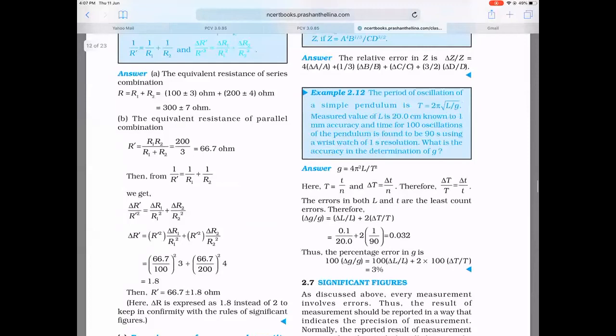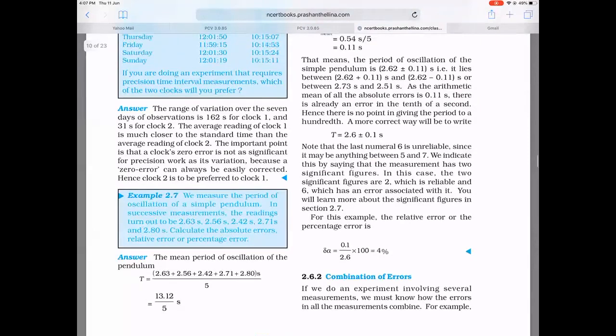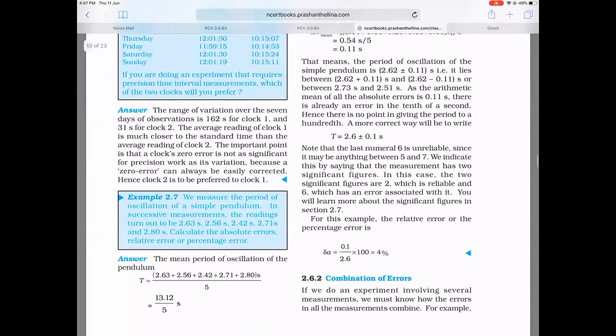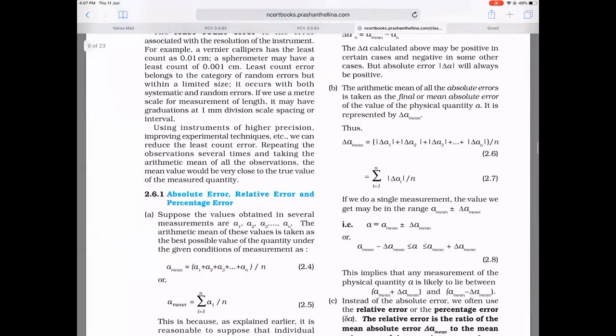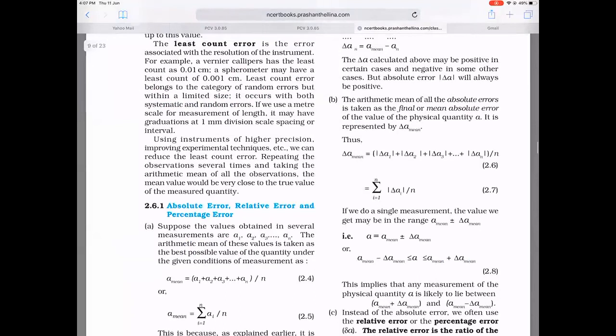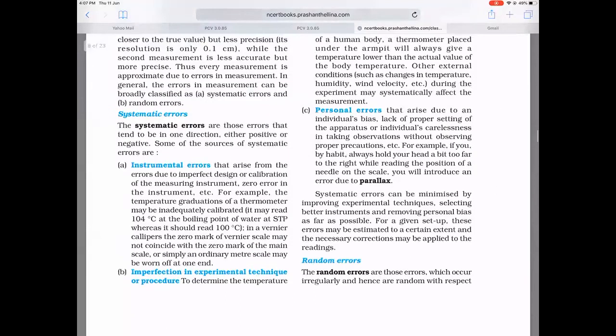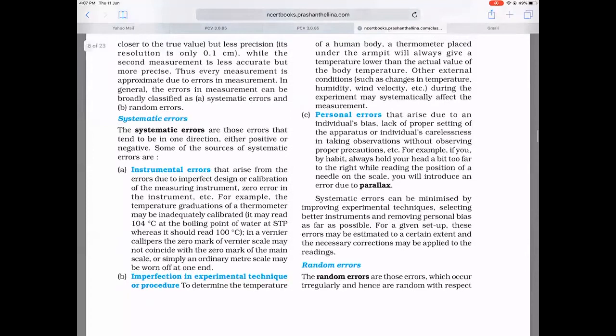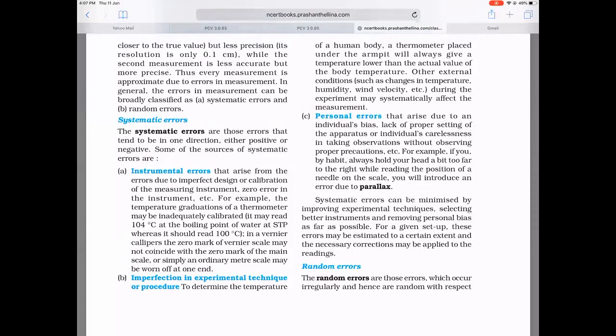So we can write down, errors are of two kinds: systematic errors and random errors. If you are okay with it, I'll quickly explain so that you can read it on your own. Systematic errors are those errors which will repeat themselves in every data that you collect, every measurement that you make. That is why they are called systematic errors.